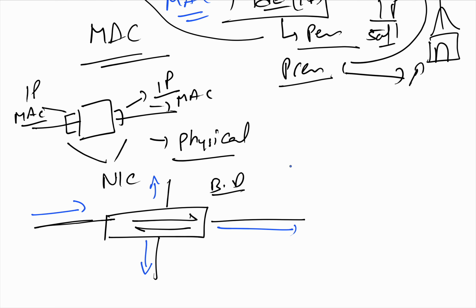Basically a switch, we usually call it layer 2. Layer 2 operates on the data link layer, the DL layer, and forwards data packets based on MAC addresses. A switch maintains a MAC address table, not a routing table, to learn the MAC addresses and forward traffic only to the intended destination port. These are primarily used to create LANs. Now, what do we understand with this? Let me rub this off.